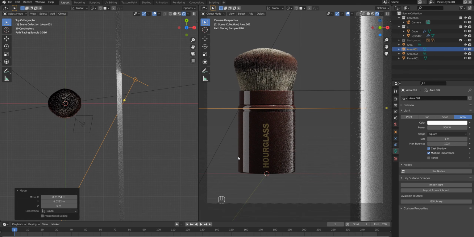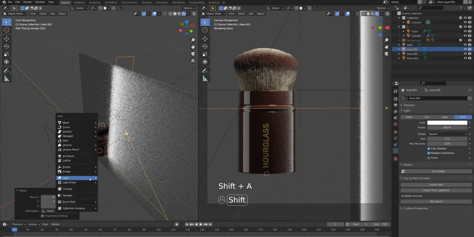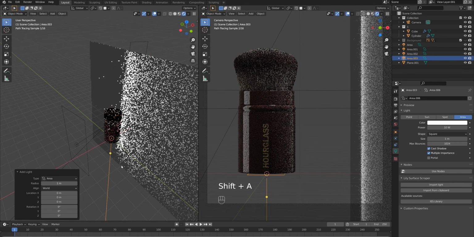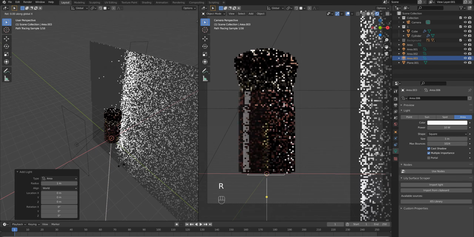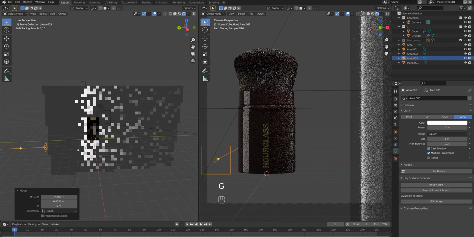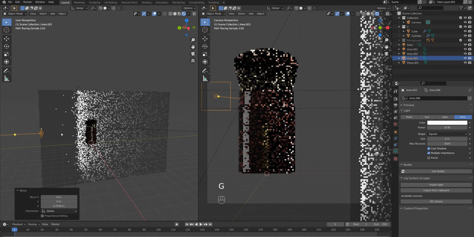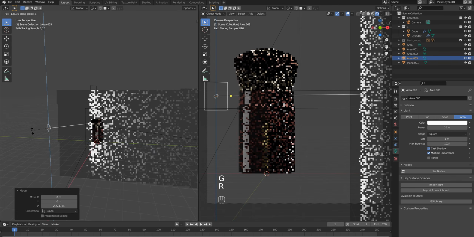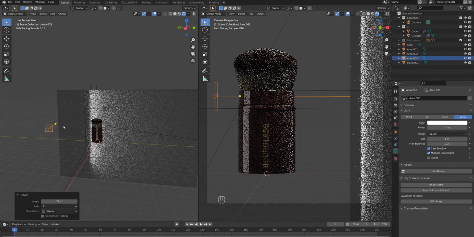And I also create some sort of rim light for both sides. So for that, I hit Shift A, light, area light, rotate it along the X, G, Shift Z, and let me see, I'm gonna move it up a bit, rotate it like this, S, Z